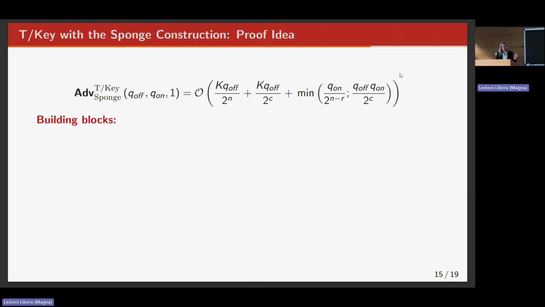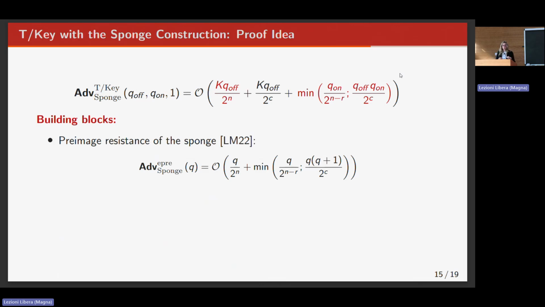So a few words about the security proof. I'm not going to dive too much into the details, but at least give the high-level intuition. In the security proof, we had to split the probability computation into several pieces. And we ended up with k instances where the adversary needed to find a preimage for one single call of the sponge construction. It corresponds to everywhere preimage resistance of the sponge, where 3 years ago, we proved the following security bound, which is tight. So we could reuse these results